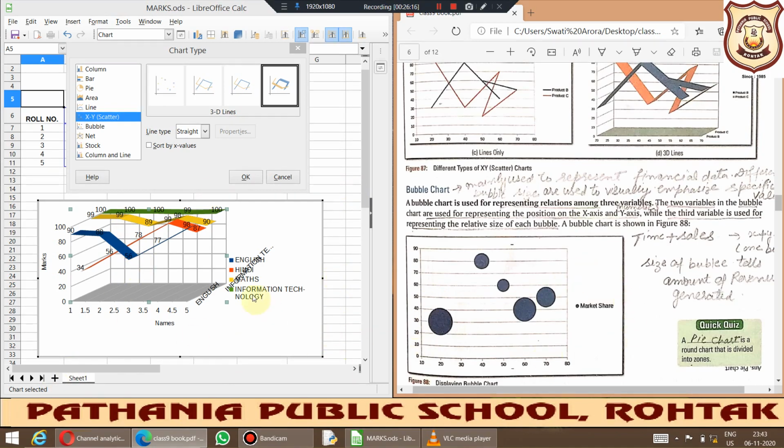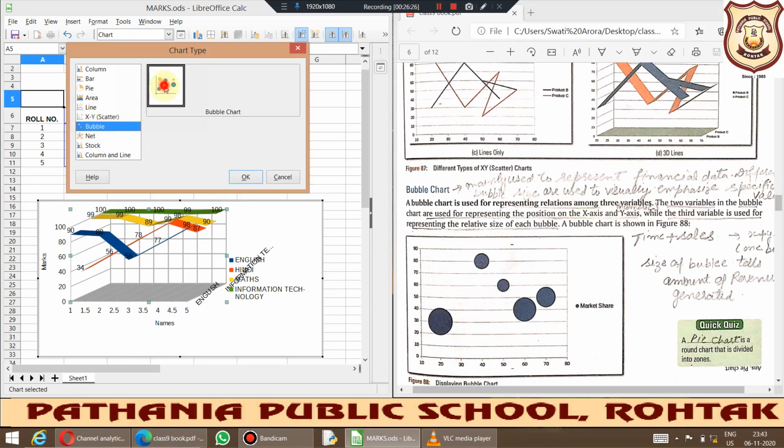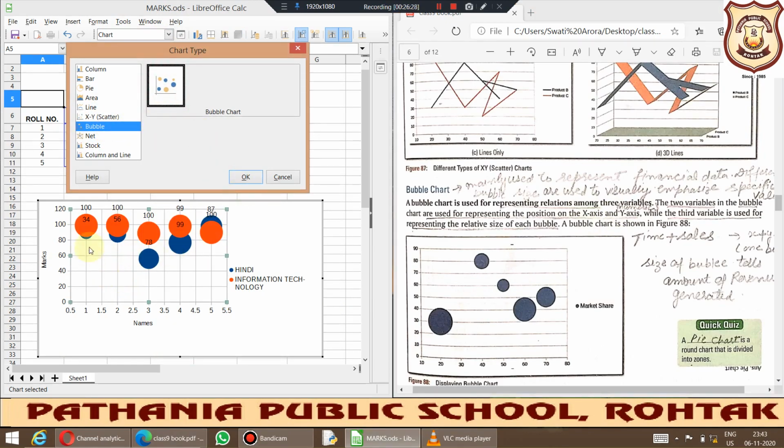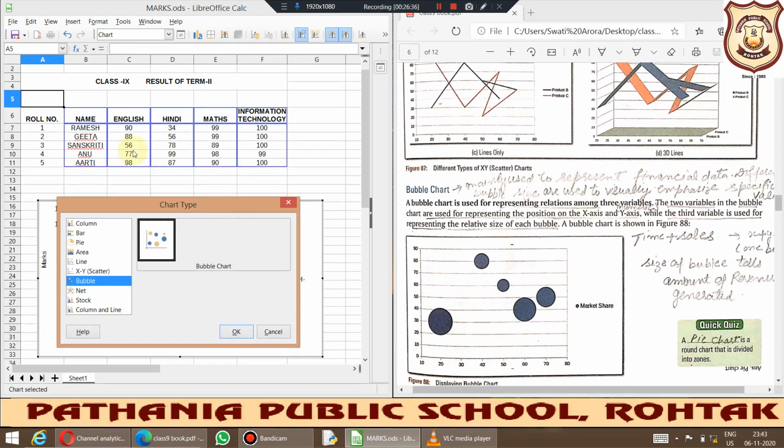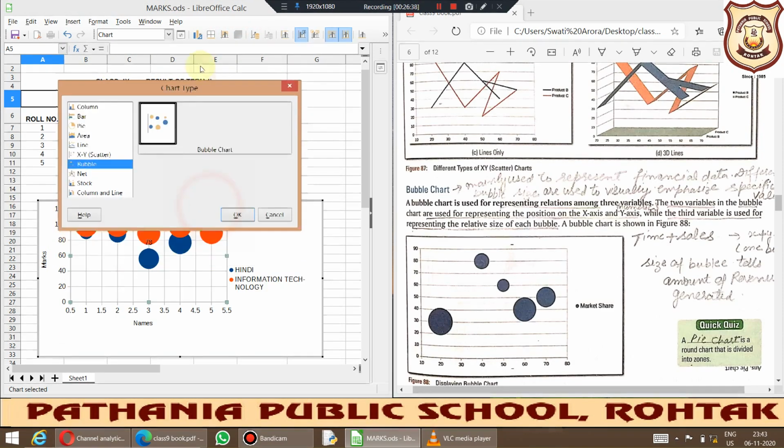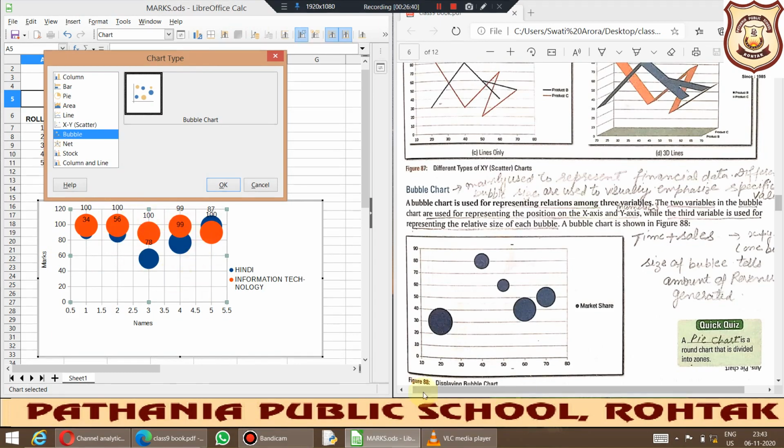So we will not be able to represent this particular chart, the bubble chart, with this data because we are not dealing with numeric data only. So still I will be trying to represent the things. Two types of data, and the third one is for the representation. Actually we have selected the four ones, so that is why it is showing two dots, otherwise it would have shown one dot only.